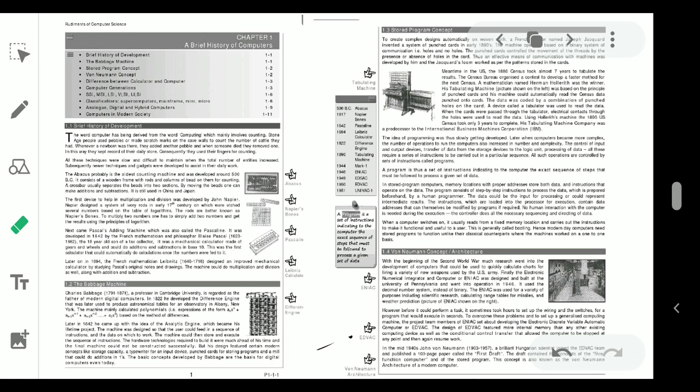Now, what are the similarities? Both work on electrical power. Both have an input device like a keypad or keyboard, and an output device like a screen, the display unit, for the result. Both have memory to store, but the size is different. And both can do numerical calculation. So these are the similarities and differences of the calculator and computer.